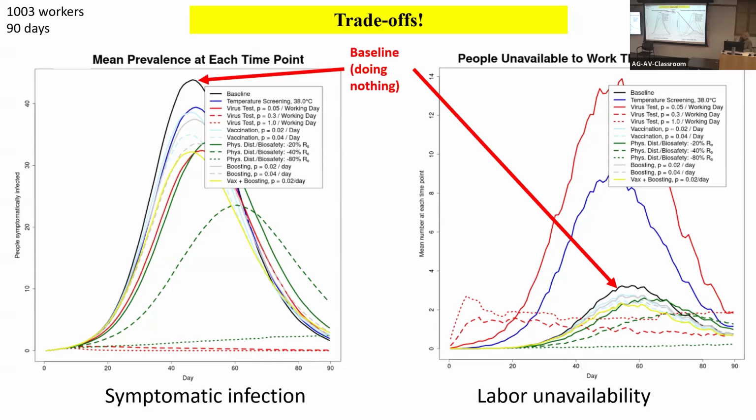And then, by the way, the different color lines indicate different intervention strategies. So the black line is for doing nothing. It's just letting the infection run its course. We'll see what happens. From a symptomatic infection point of view, or public health, it's the worst anybody could do because it predicts the largest number of infected people that have symptoms,